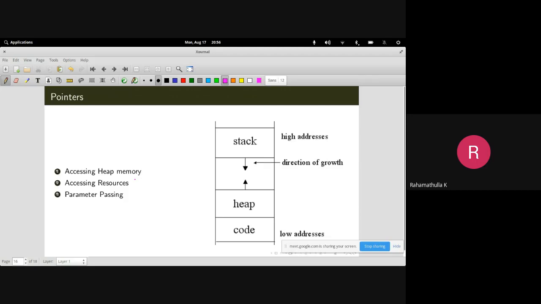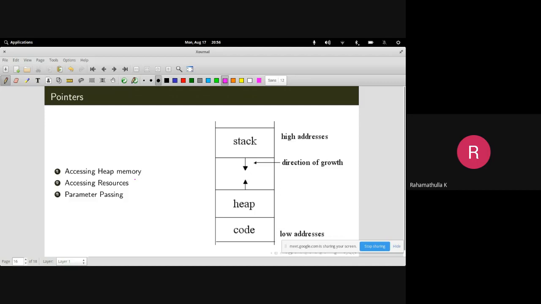Why do we require pointers? Pointers are not to store any values. That pointer variable is going to store the address of another variable.